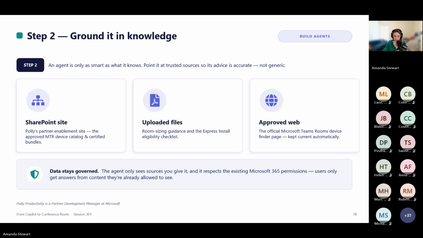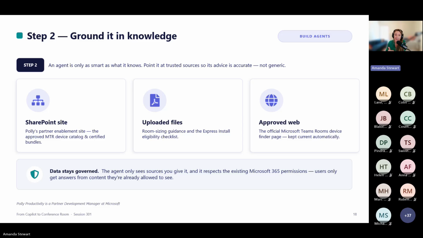Now the question every customer and security team asks is, what about my data? So 2 things to reassure them: 1, the agent only sees the sources we explicitly give it. And 2, it respects existing Microsoft 365 permissions. So if a user of an agent isn't allowed to see a document, the agent won't surface it to them.